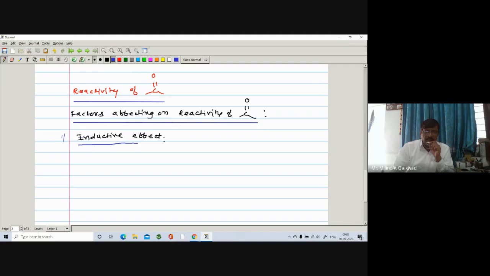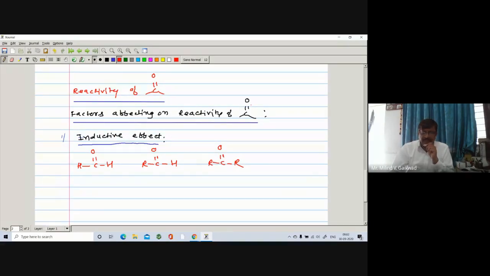How does it affect the reactivity? For example, we have taken this example already also. Suppose you take formaldehyde, then we take an aldehyde other than formaldehyde, and we take the ketone R C double bond O R. We know the carbon and oxygen undergo resonance. Carbon is positive and oxygen is negative. So the more positive the carbon, the easier the attack, the more the reactivity, right?